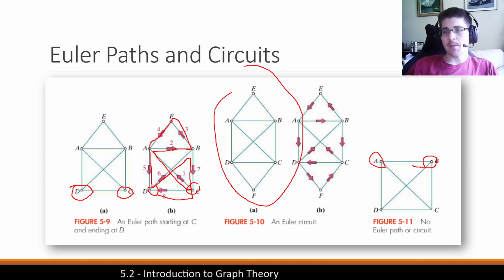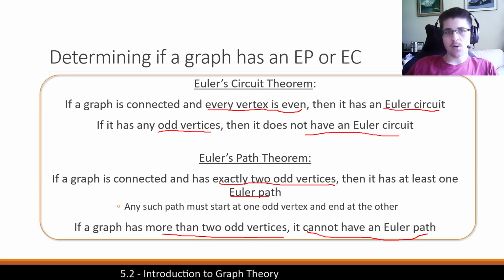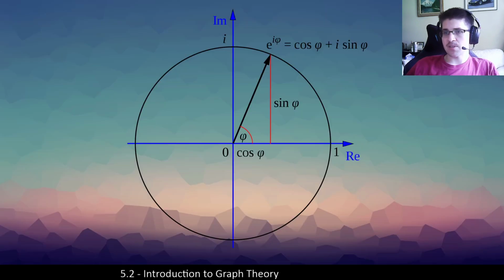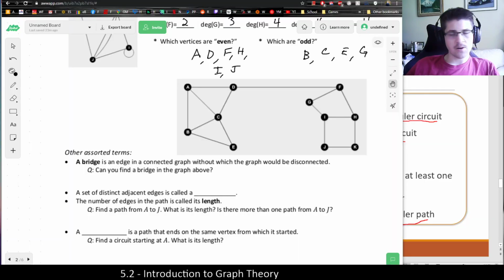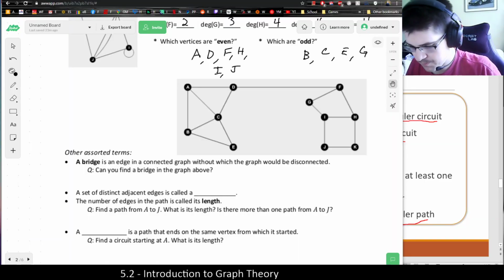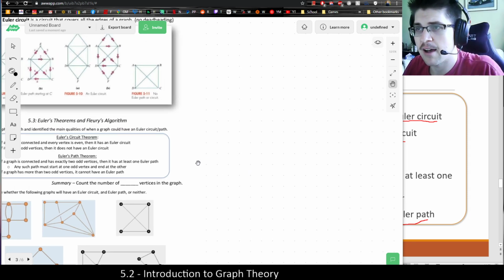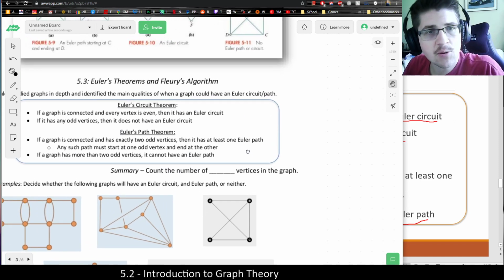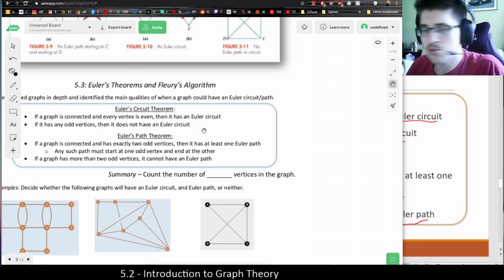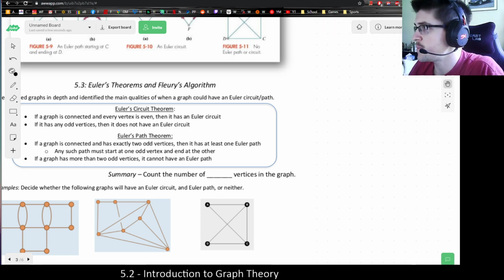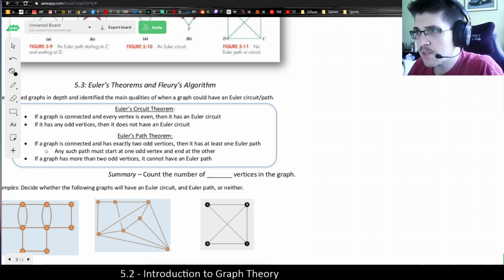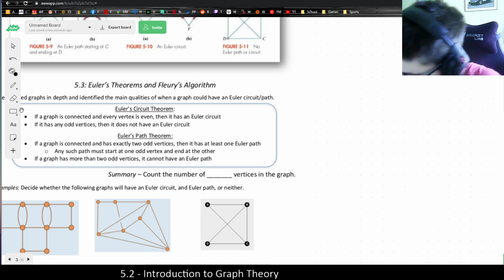But before we end this one up, I wanted to explain, well, why are Euler's circuit and path theorems true? So let me move back to the whiteboard for a second, because it's hard to explain these things without a graph or without being able to draw. And so I wanted to illustrate why Euler's circuit and path theorems made sense to begin with. So let's start with Euler's circuit theorem, which, as I already discussed,